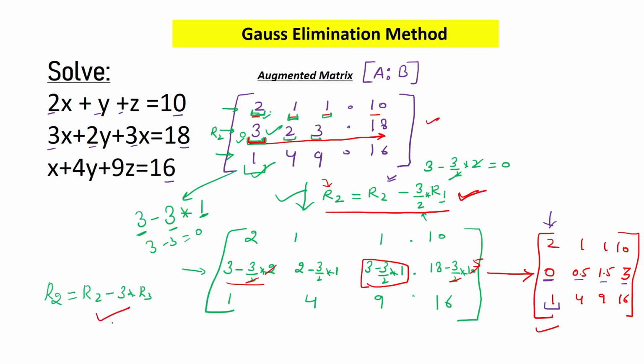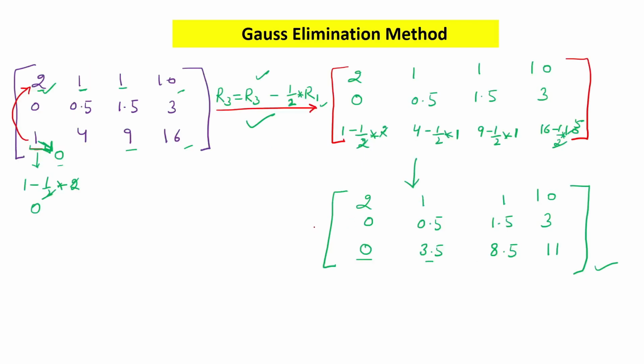So this operation is also valid, but I have said I have to use R1. So using R1, this is the valid operation, and using R3, this is the valid operation. But when we will implement this method using a C program, then we will see that we will use this row number 1 with this 3 and this one. That's why I am following the same approach so that it is easy for you to understand the C program also. So it is not necessary that only the row operations that I am showing here are valid. You can apply any other row operations also. The main thing is you have to make this 3, 1 and 4 as 0. So with this thing, let's move forward.